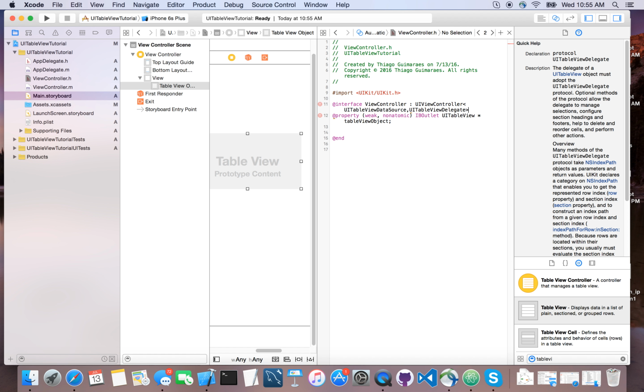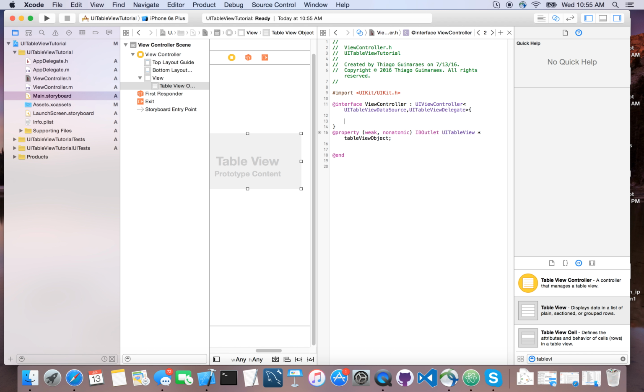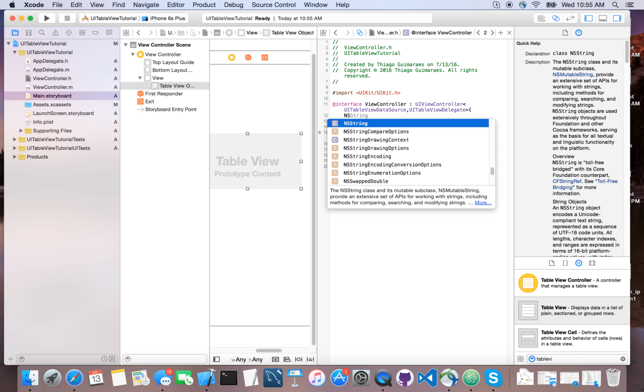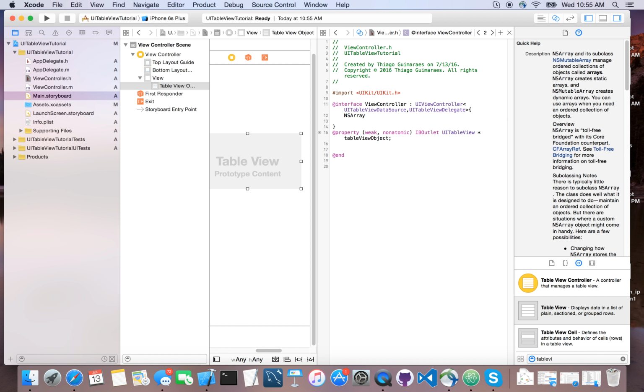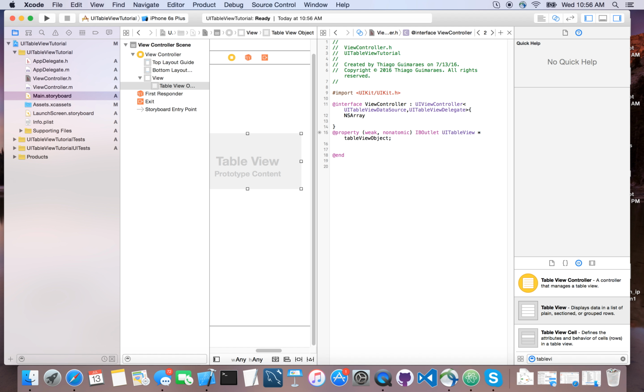Then we need to open and close the brackets. And now we are going to declare our NSArray that we are going to use in our code, that we'll call data array. Cool. We are all set with our